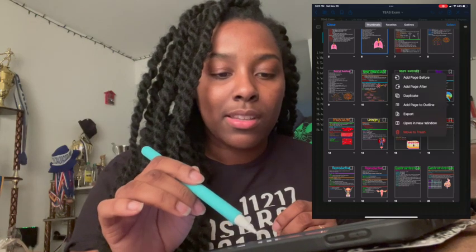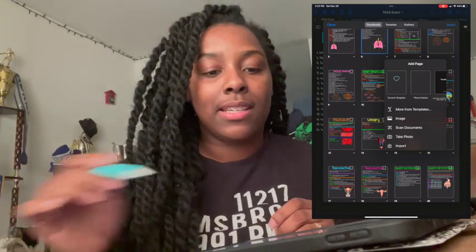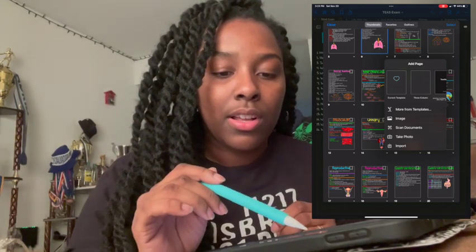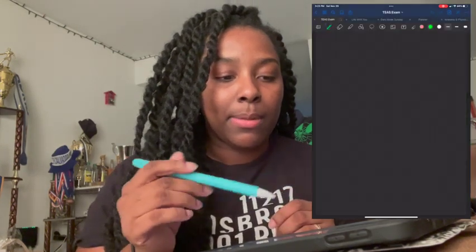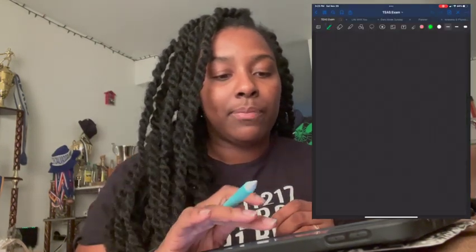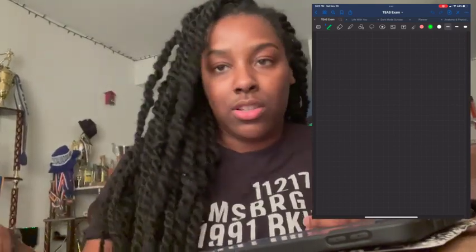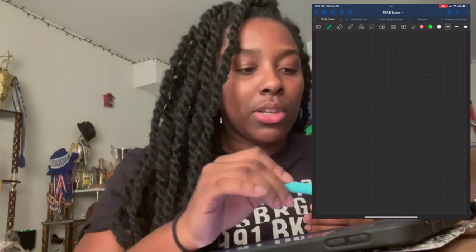So you press the little caret, and you can add a page after that picture. So I use the current template, which is just gridded paper. I like gridded paper because it allows you to customize your page as you like it. So I'm gonna go ahead,